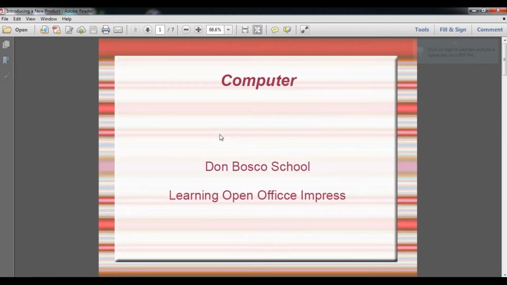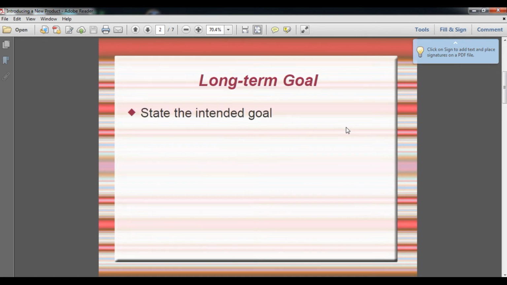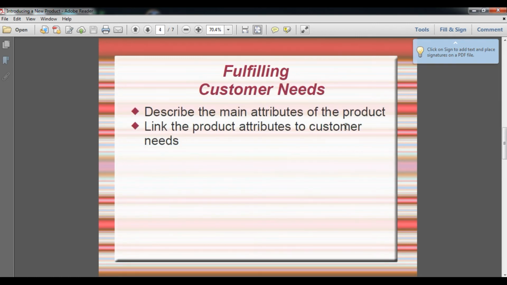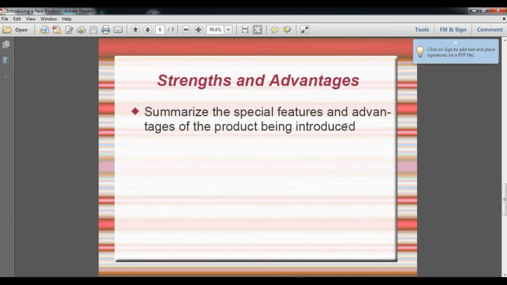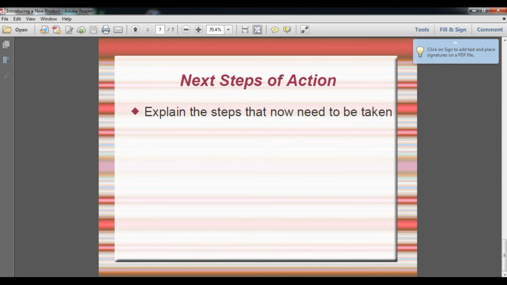So if I click it, now you can see the presentation has come in the form of PDF only. Now I am just going to the next button. There is no slide transition available here because it is PDF. So you can see it one by one like this. Okay students.